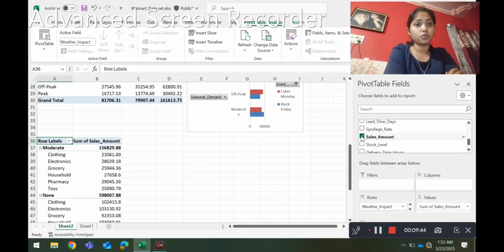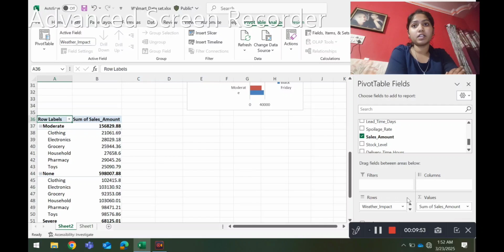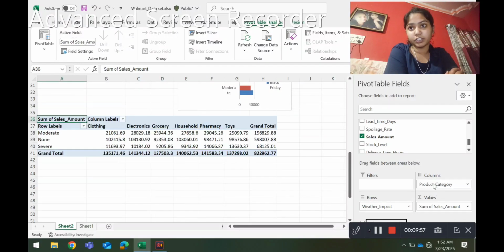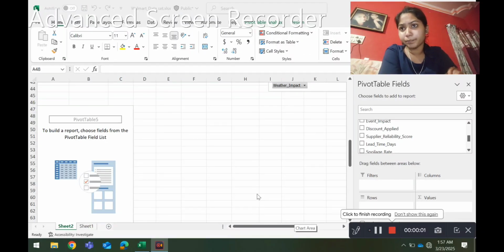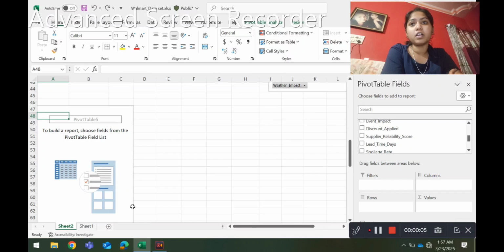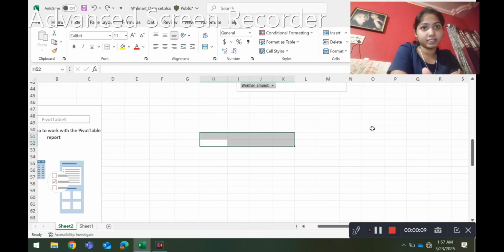The next thing is to know whether the weather conditions impact sales or not. So for that also we want to insert a pivot table. So we'll be selecting the existing worksheet. The location will be the sheet 2, and we'll be creating a new pivot table number 4. So what are all the items that we need to be included in this